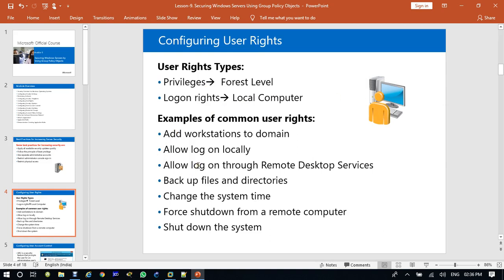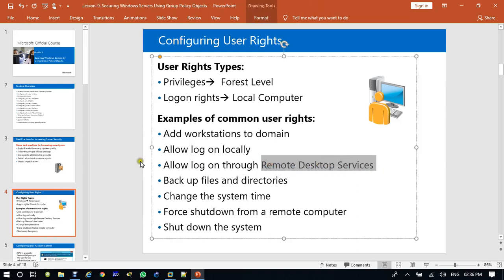If you want to run remote management in your organization, by default users are not authorized to access the server remotely, so you need to give them remote login access. If you want to assign a specific user to back up files and restore directories on your server, you need to assign the backup files and directories privilege.